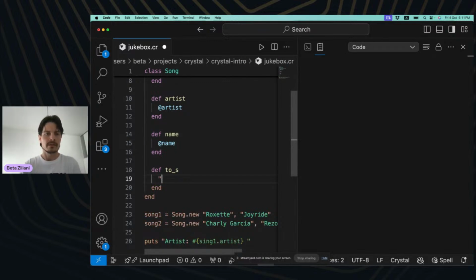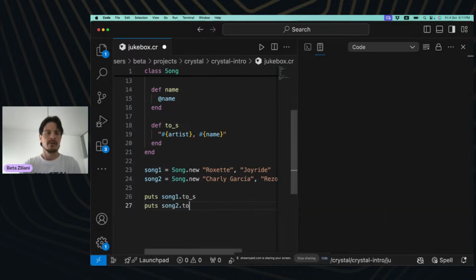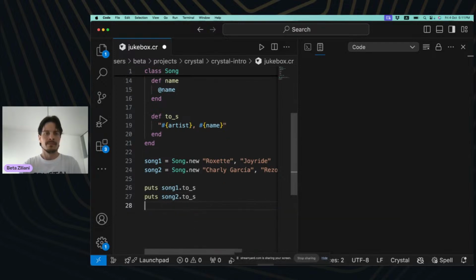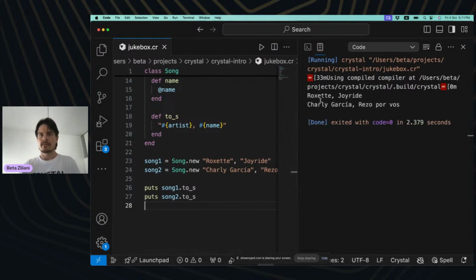And what we're going to do is to simply say artist, comma, name. All right, so now we can put here song1.to_s, song2.to_s, and we run this thing. It's compiling, and we get the two songs.